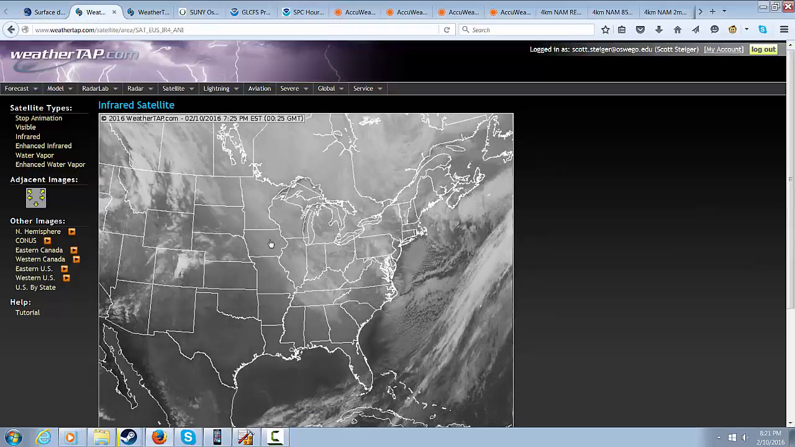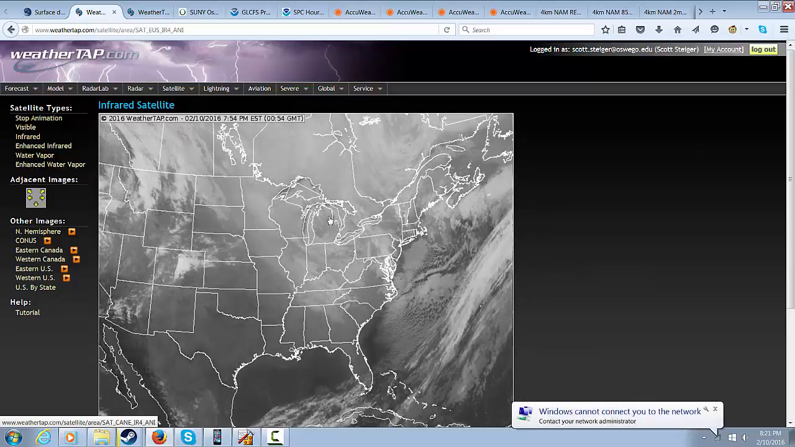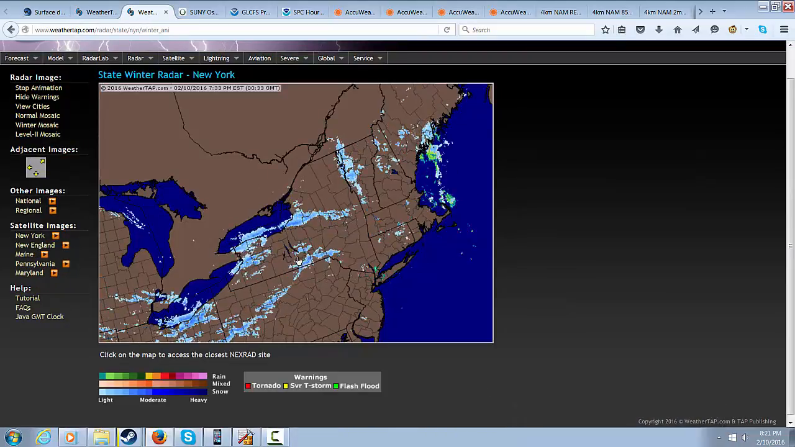Looking at some current infrared satellite imagery, as you see, we have our little clipper system slowly making its way throughout the Great Lakes region, and it will lead to much colder temperatures for the next few days to come. So looking at some current radar imagery at this time,